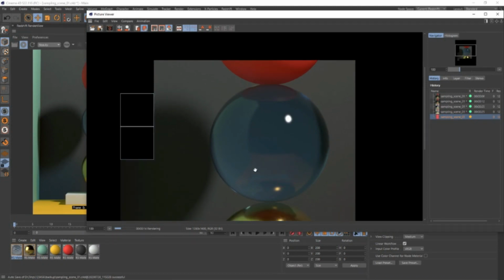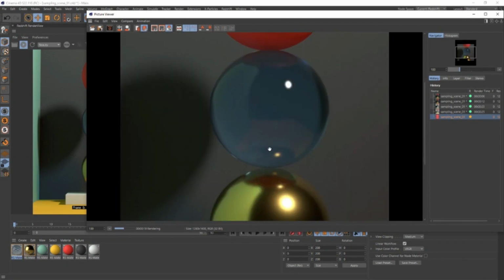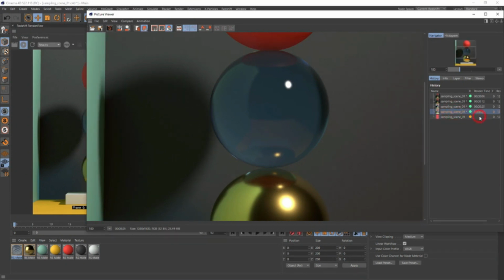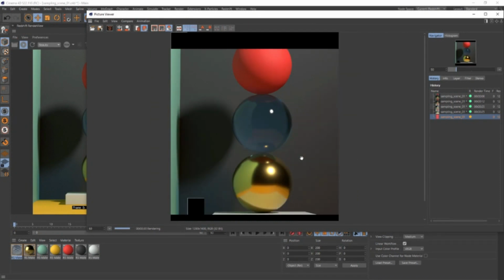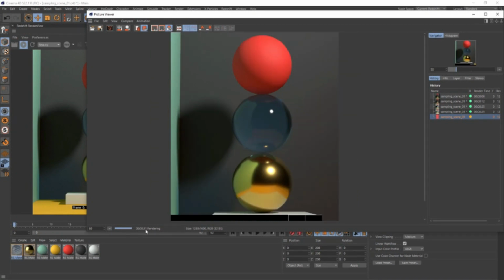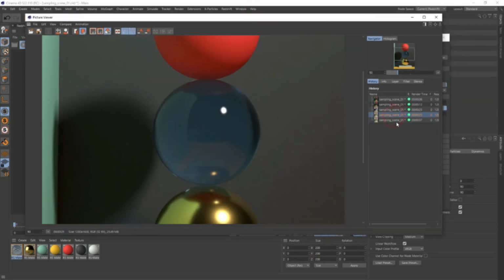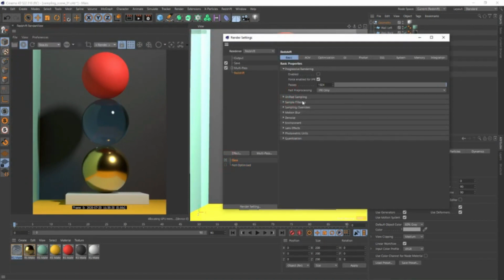You see that we already have a lot of noise, and in shadows. And check the render time. We had 24 seconds and now we have much more time to render. Almost 35 seconds. 37. So this is the best thing that shows that using not only unified sampling, but analyzing your image and